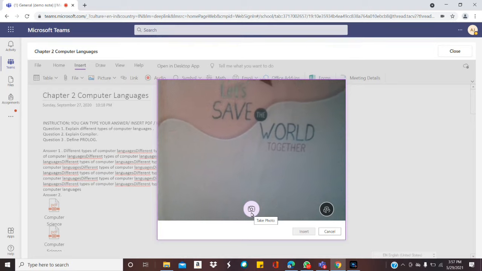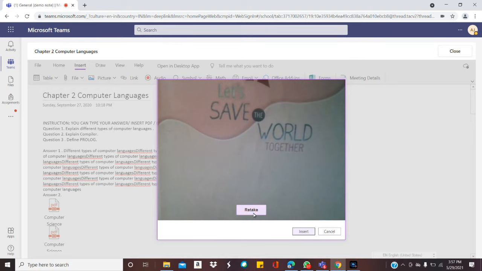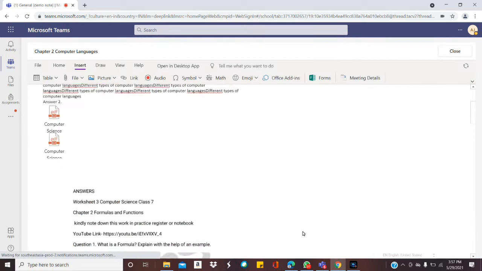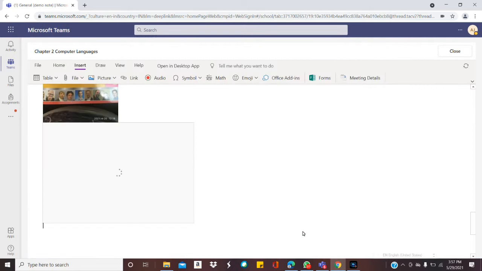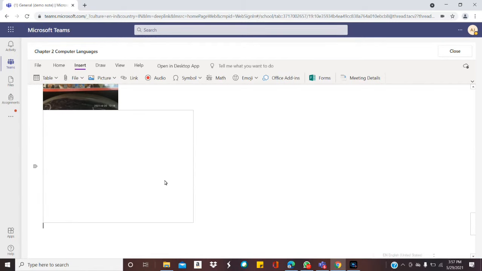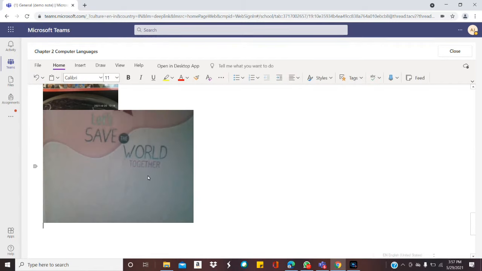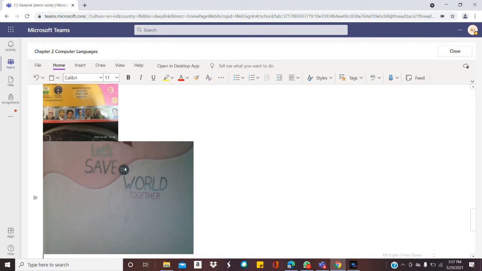Click on this button and click on insert, and your work will upload as a picture. You can see here your work is uploaded as a picture also.